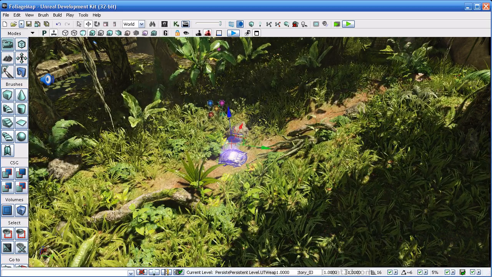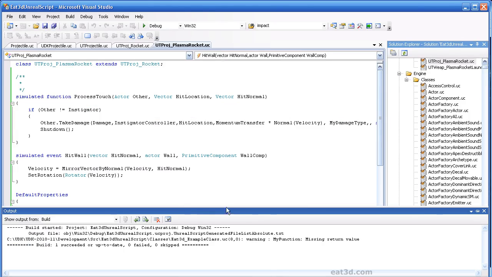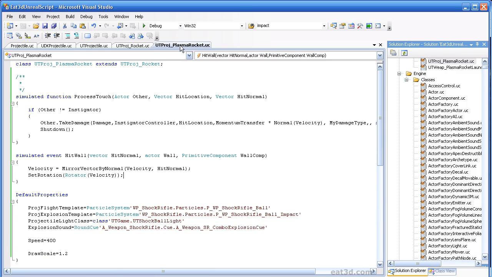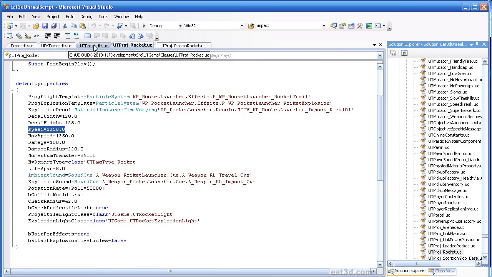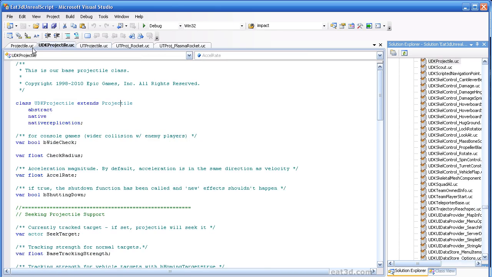Back over in Visual Studio, you can see that we had our new Plasma Rocket class here. All the other tabs that are open here were just pretty much the hierarchy of the class extension. We kind of traced our way back. So Plasma Rocket derived from Rocket, Rocket extended Projectile, Projectile extended UDK Projectile, and then we went all the way back